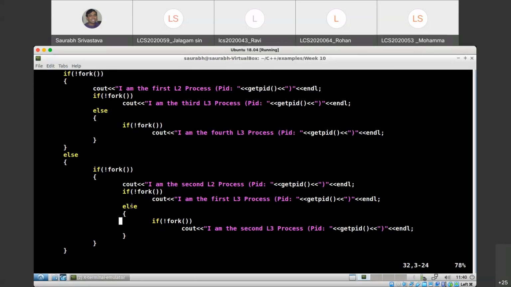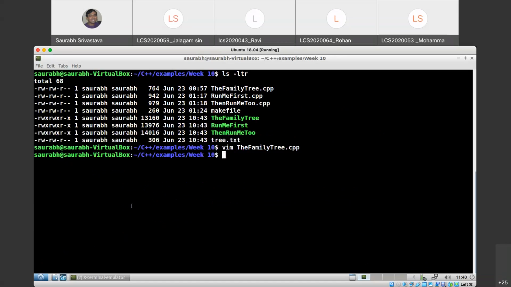Actually, the original one is, let us say, the L1 process, and then it gives rise to two L2 processes, two level 2 processes, and then each level 2 process also gives birth to two level 3 processes. So now you have four more new processes. So you can see the kind of tree that is getting created here. If I run this,